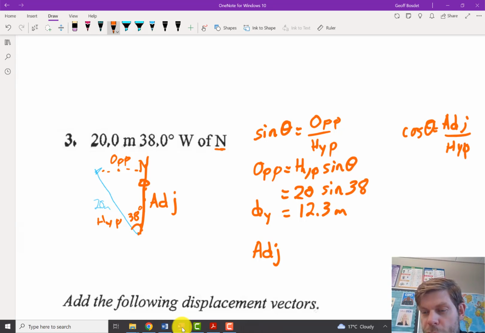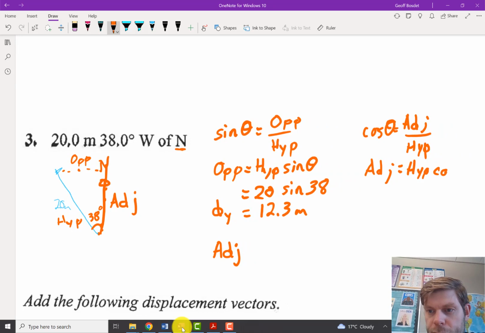If we rearrange that, multiplying both sides by hypotenuse, our adjacent is equal to the hypotenuse times cos theta, which in this case is 20 times cos 38. So in this case, our x component